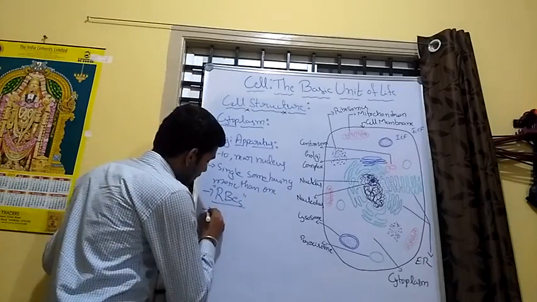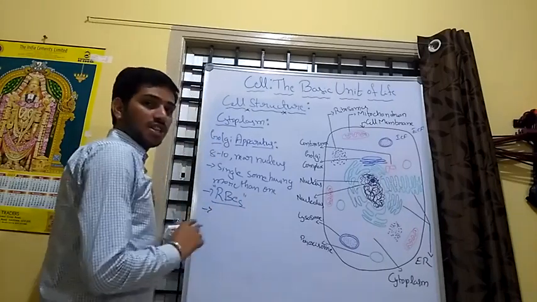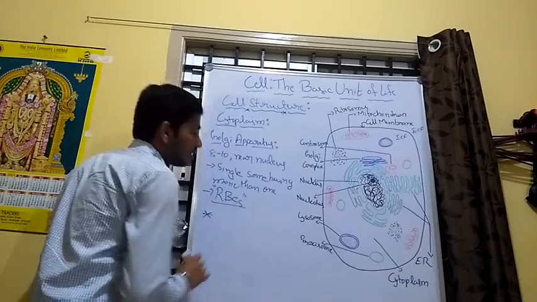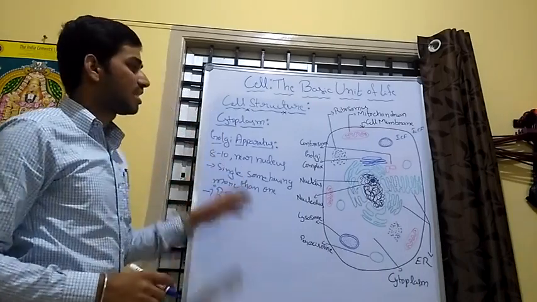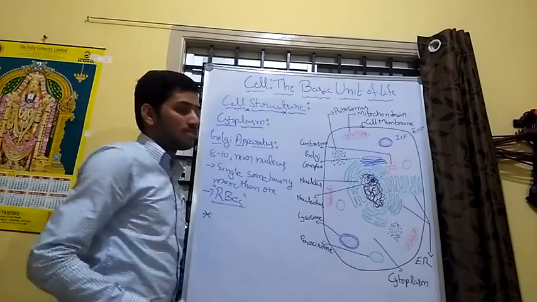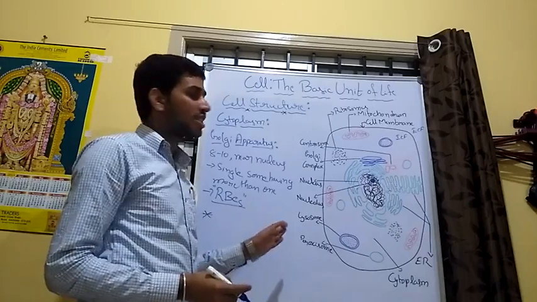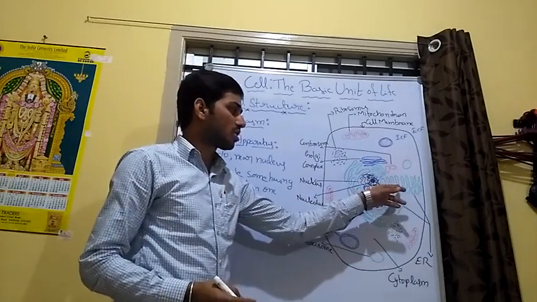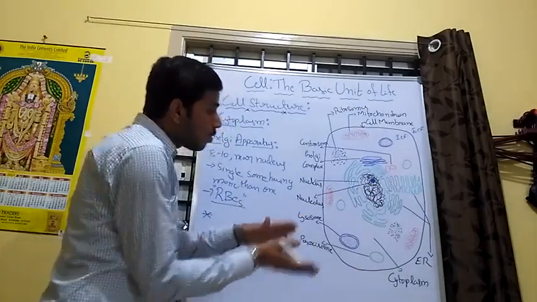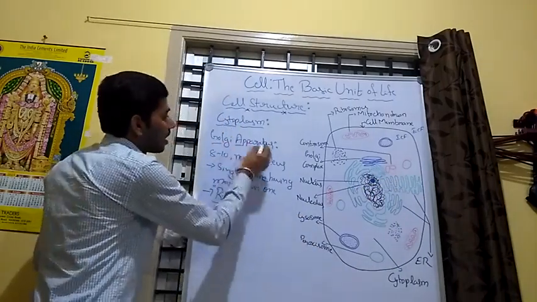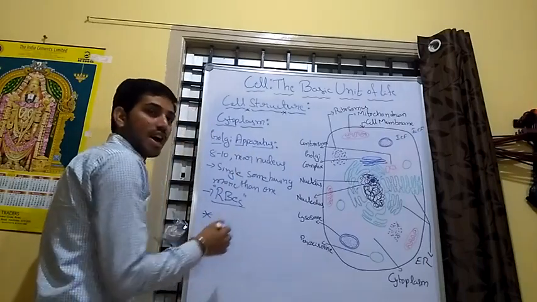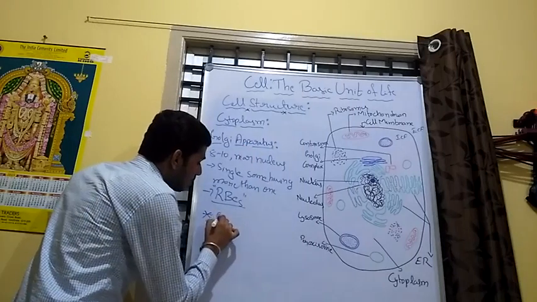Next, functions of the Golgi apparatus. What are the functions of the Golgi apparatus? Upon production of proteins in the rough endoplasmic reticulum, the proteins are passed to the Golgi apparatus, and in this the glycosylation